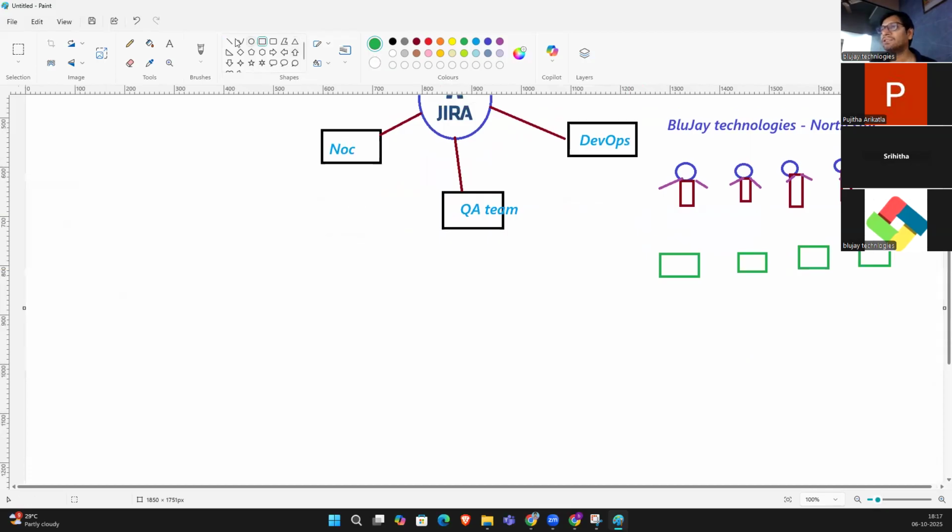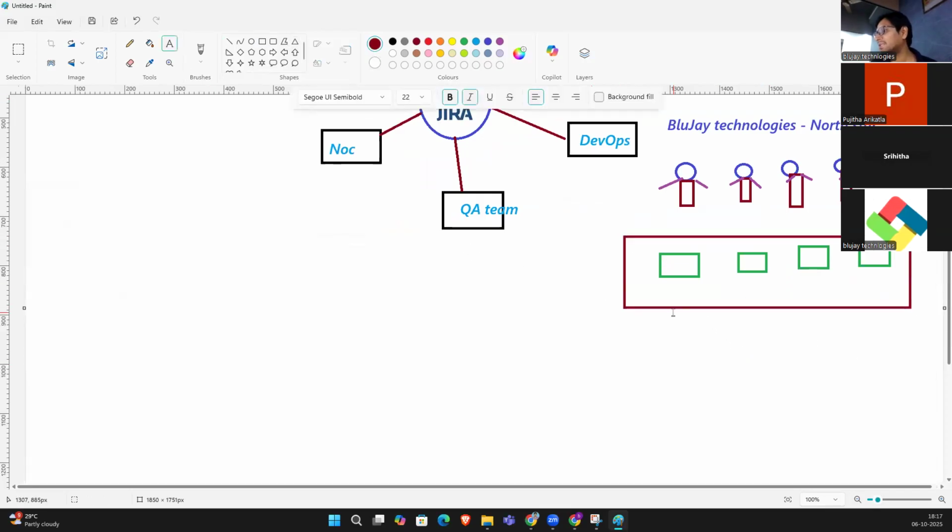For example, these all are the unassigned tickets. Check the board and you can assign them to yourselves. Tickets are requests.